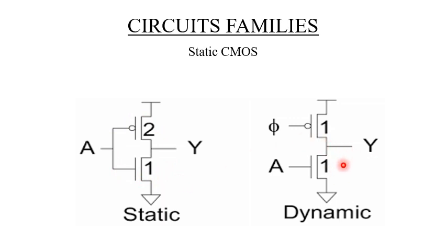Then dynamic. What is meant by dynamic? Dynamic means it has different inputs to the PMOS and NMOS. Here we have A as one input and Pi as another input. Pi is given to PMOS and A is given to NMOS. These two inputs are given to PMOS as well as NMOS, so it is called a dynamic structure. Since both have different inputs, we have different values in the PMOS as well as the NMOS circuit.